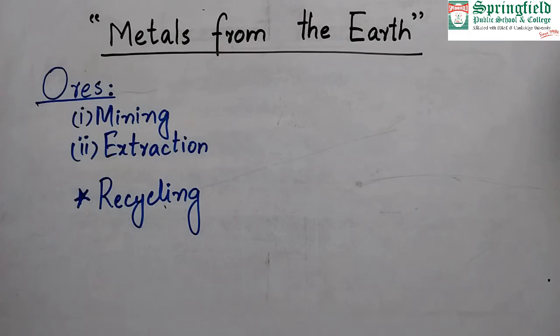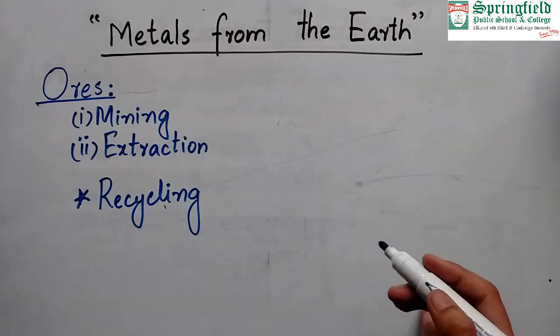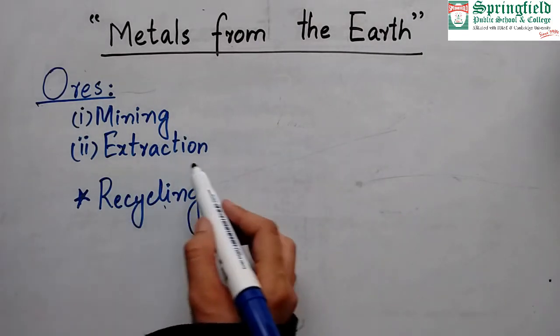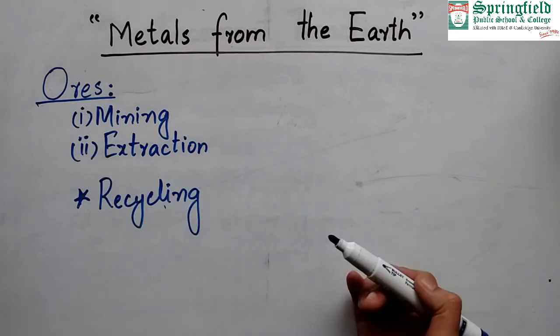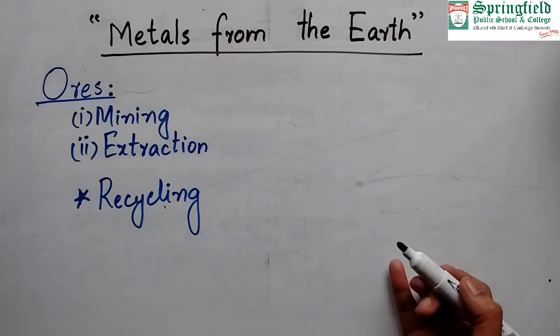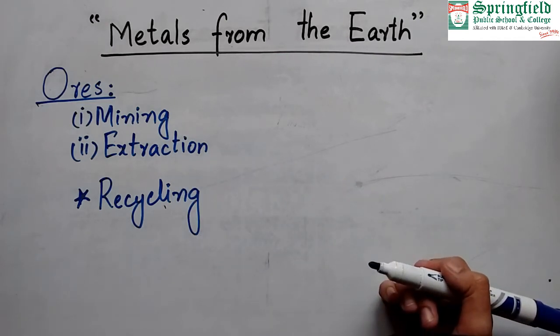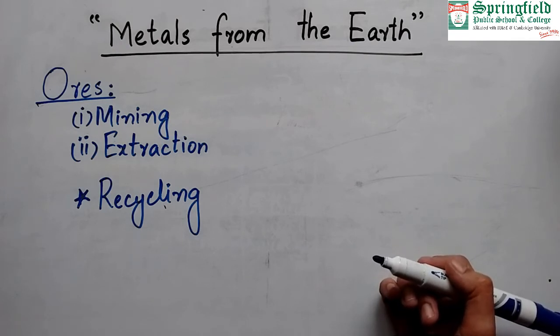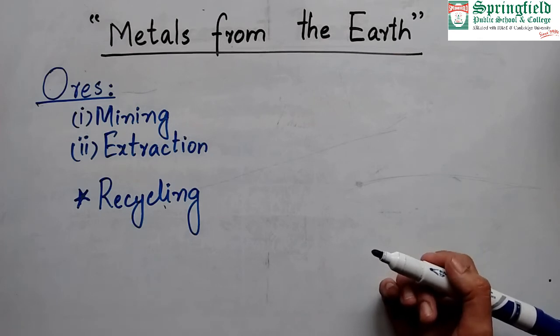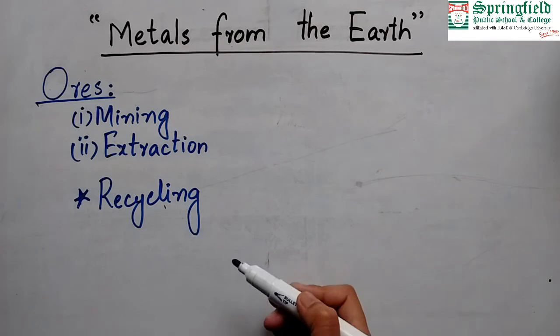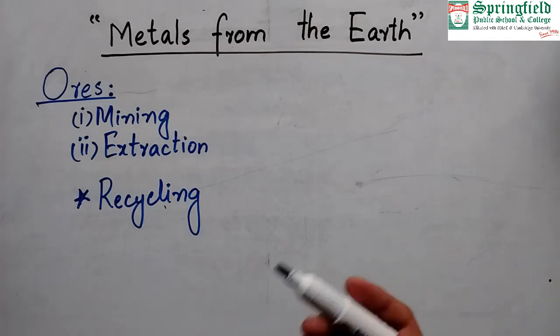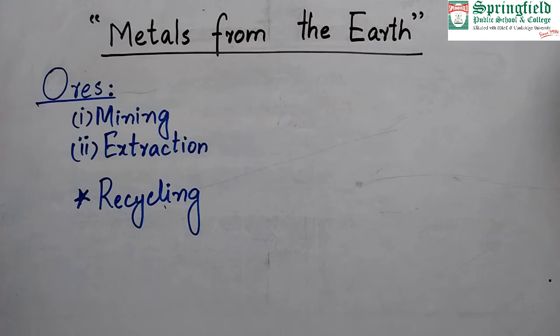How can we obtain the metal from the ores? Because ores are not pure. So firstly we mine the ores from the earth, and then we extract the metal from that ore. After extraction, we use the metal for different commercial purposes, but as you know, these are natural resources and they can run out if we use them excessively. So how can we save them? Firstly, we should make economical use. Secondly, the very good thing about metals is that they can be recycled. So recycling of metal can help us in recovering the metals which are depleting from their natural resources.